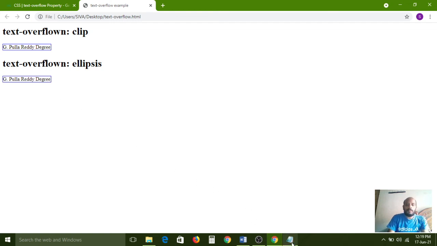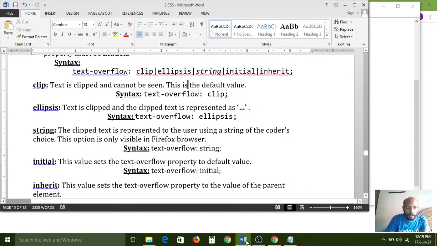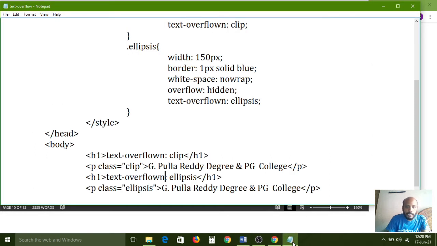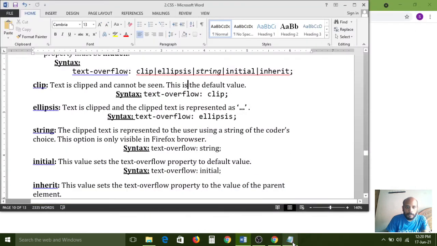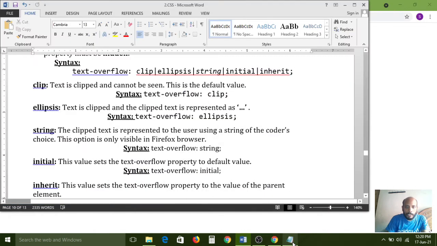Now we did some mistake here. The same property we are using, so why is it showing an error?